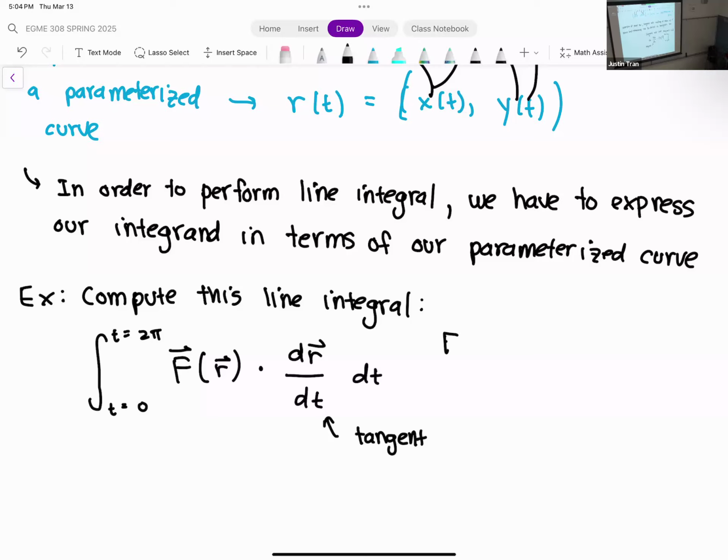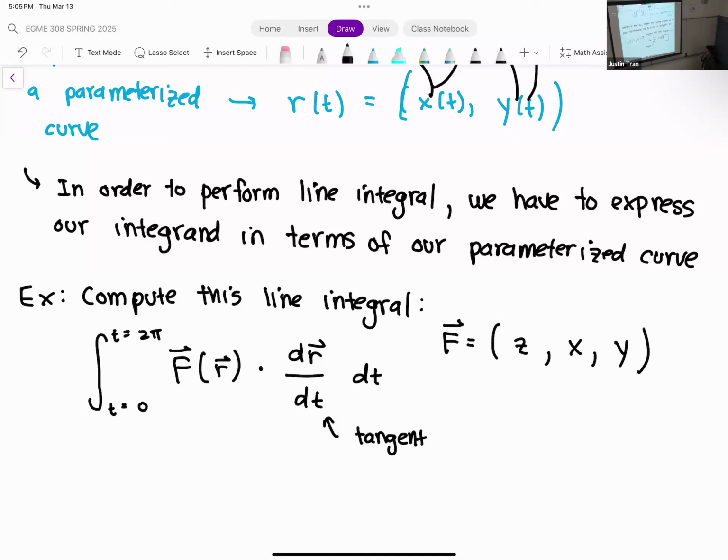Where our F, our vector field, looks like the following. Our vector field has three components, so we're going to do a three-dimensional case here. Okay. So our vector field is going to be Z for the X component, X for the Y component, and Y for the Z component. I know it's a little confusing, but I wanted to keep the mathematics simple for this one.